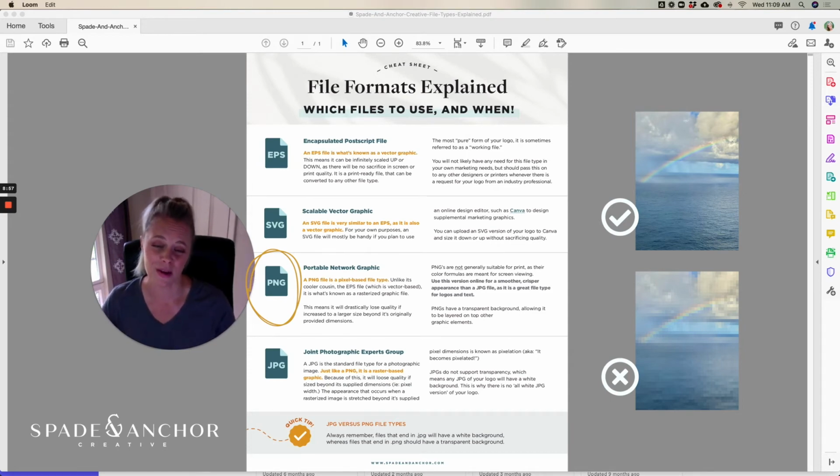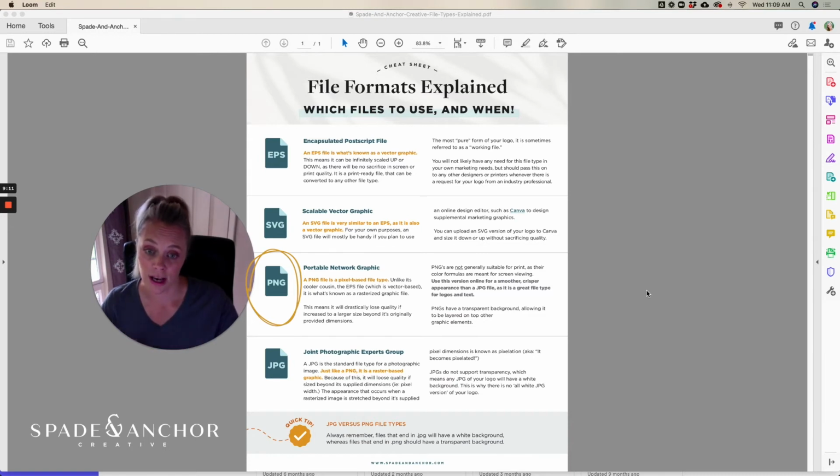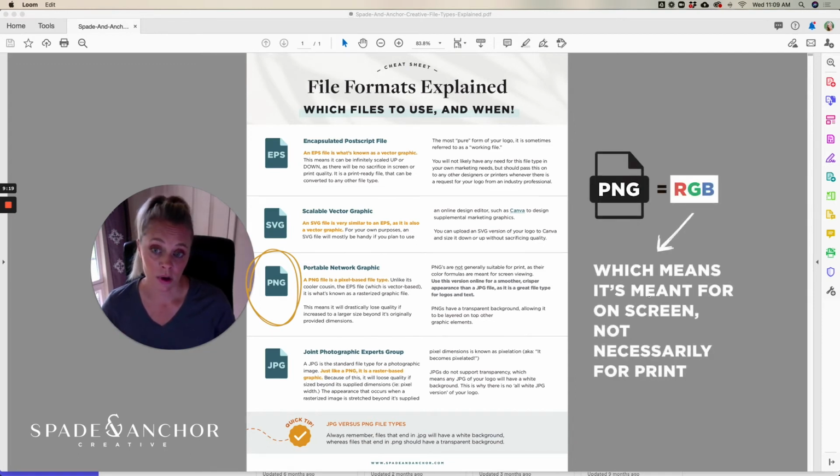So sometimes if you've been watching something on the internet with a bad connection and it looks pixelated, that's what that means. So you're going to drastically lose quality if you try to increase a small file to a larger size beyond its originally provided dimensions. And PNGs are not generally suitable for print because, like I mentioned with the color modes,